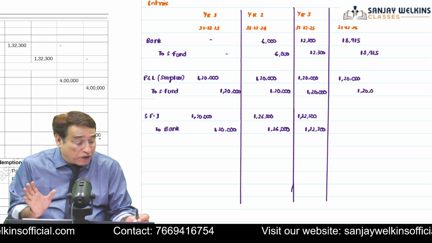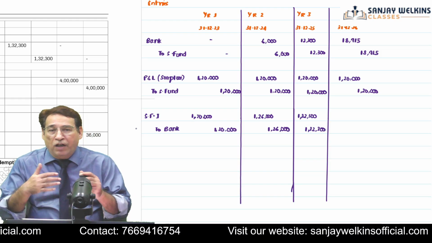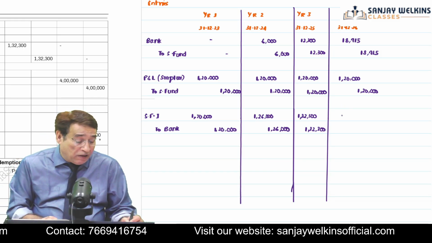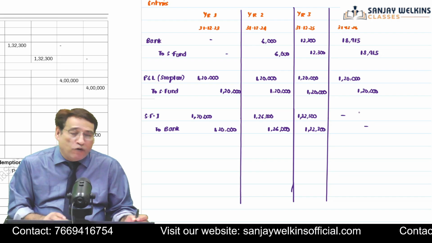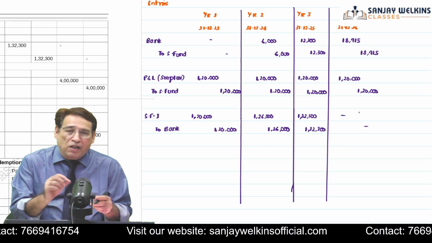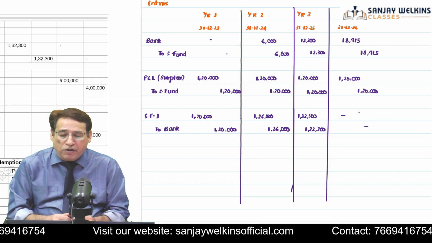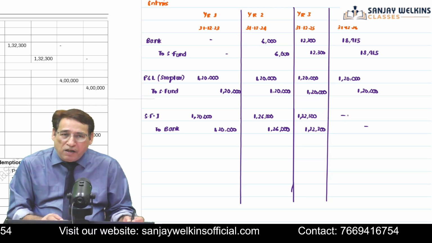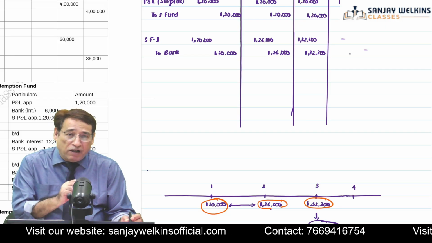Now, the most important point is that we have already reached the end of the fourth year and we are supposed to redeem the debentures at the end of the fourth year. So there is no point in making any investment at the end of the fourth year. Why? Within the next few days, technically within the next 7 days, we are supposed to redeem the debentures. So there is no point in making the investment because we are not going to earn any interest, isn't it? So no investment will be done in the fourth and final year.